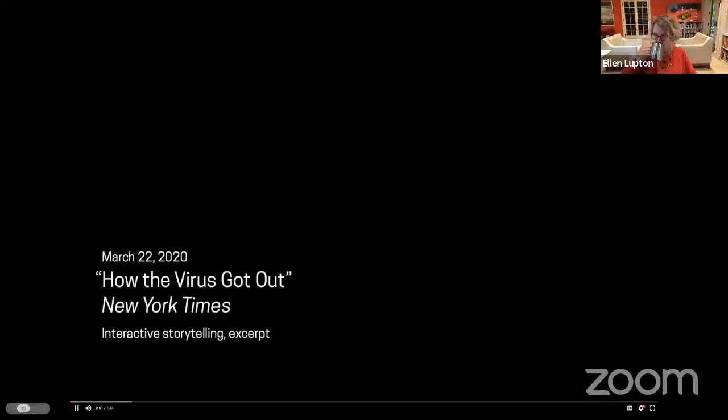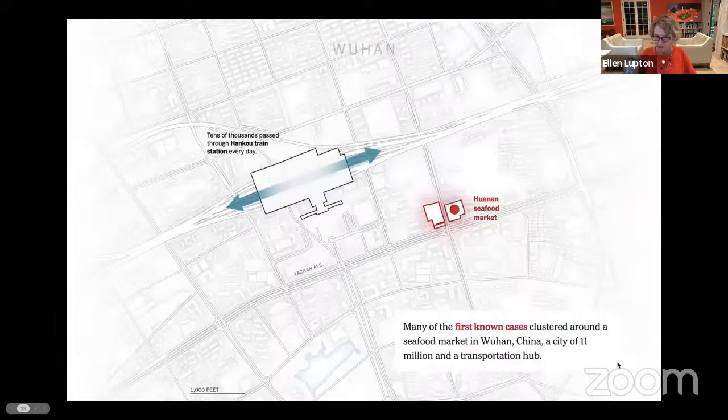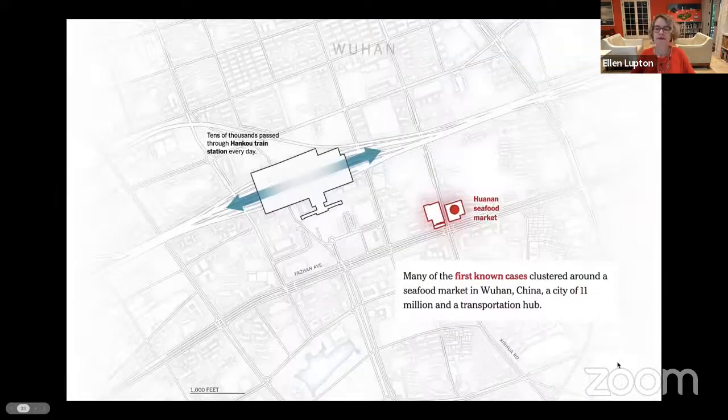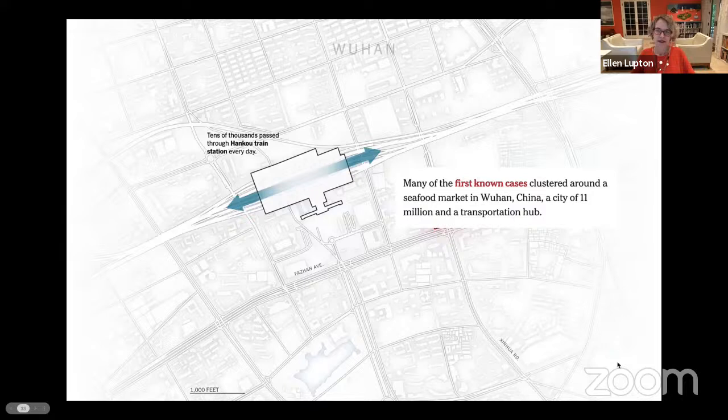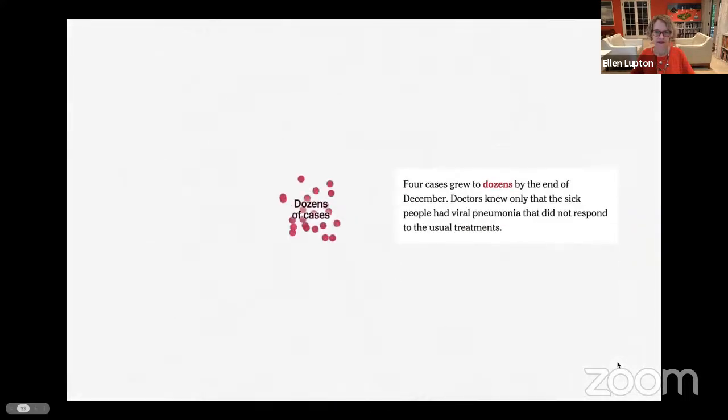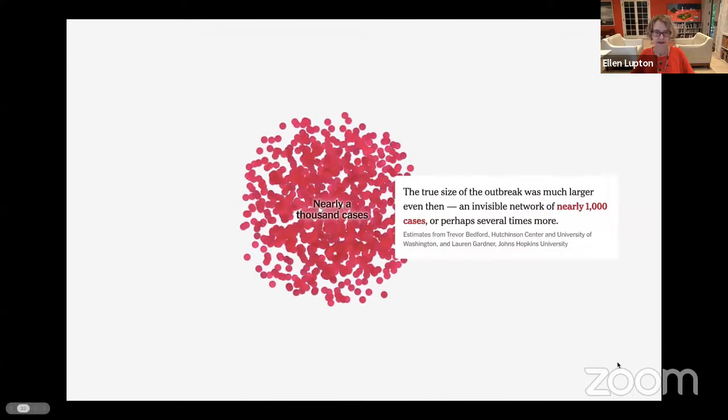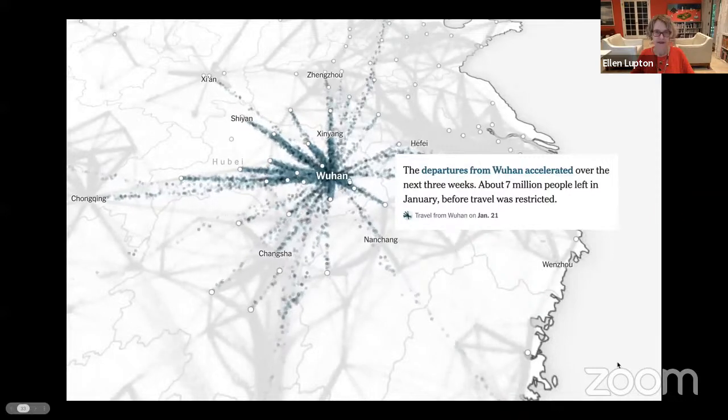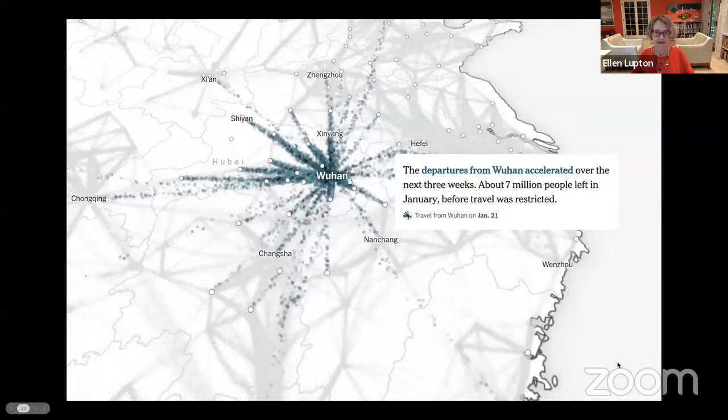March 22nd, 2020. Many of the first known cases clustered around a seafood market in Wuhan, China. A map shows the train station and seafood market. 4 cases grew to dozens by the end of December. A cluster of red dots quickly expands. The departures from Wuhan accelerated over the next 3 weeks.